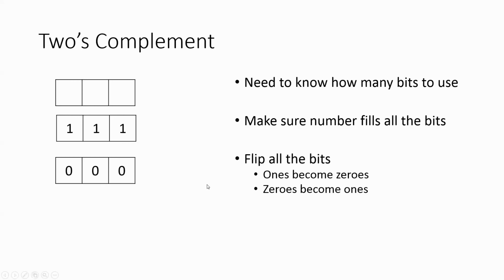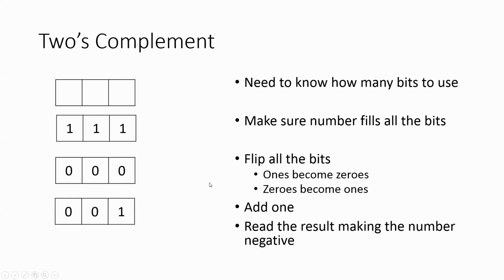The next step is to flip all of the bits, so the 1s become 0s. Had there been any 0s, they would have become 1. Then we add 1. And so now we have a number that we can convert from binary to decimal, and then when we read the result, we'll just put a negative in front of it, because we know that this should be a negative decimal number because we started with a leading 1 in our binary representation. So I would just convert this result here